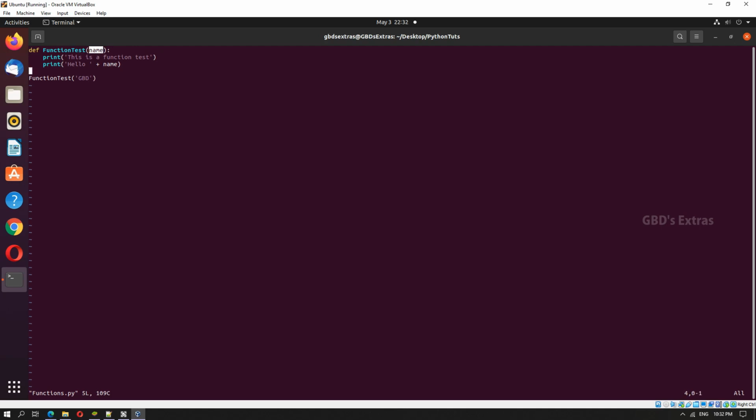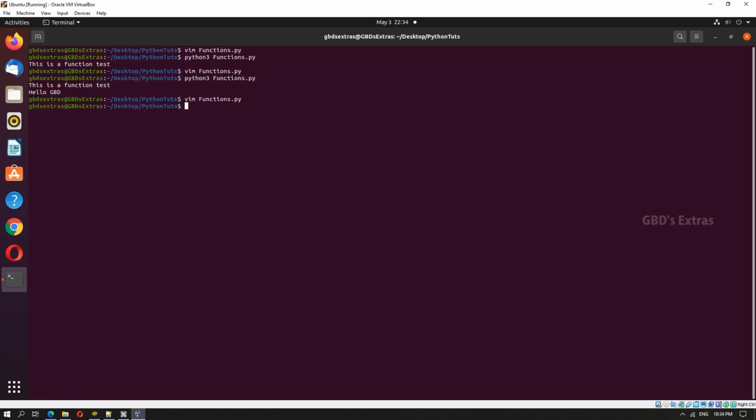In some cases, we might need to pass an argument that is not mandatory. To add a non-mandatory argument to the function, we use the None keyword. For instance, inside the function, we will be checking whether the variable has a value, and we print that. So first let's try to execute it this way.